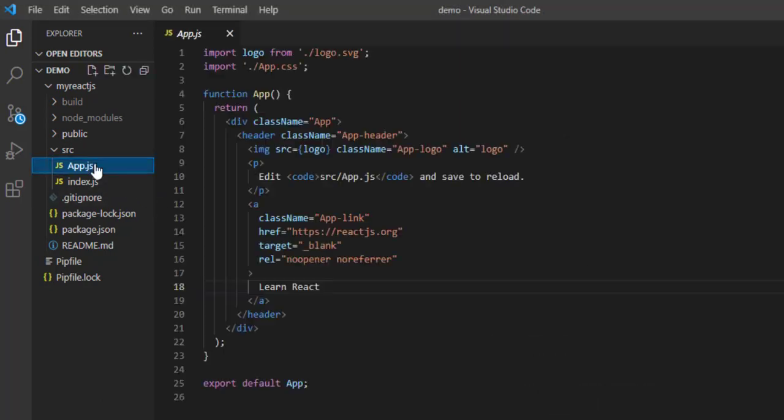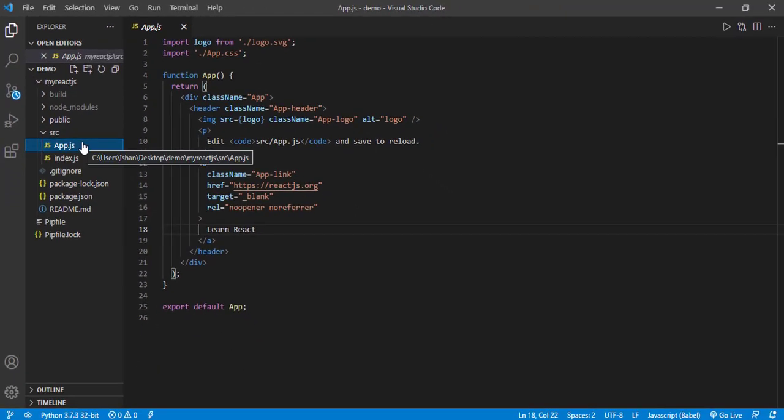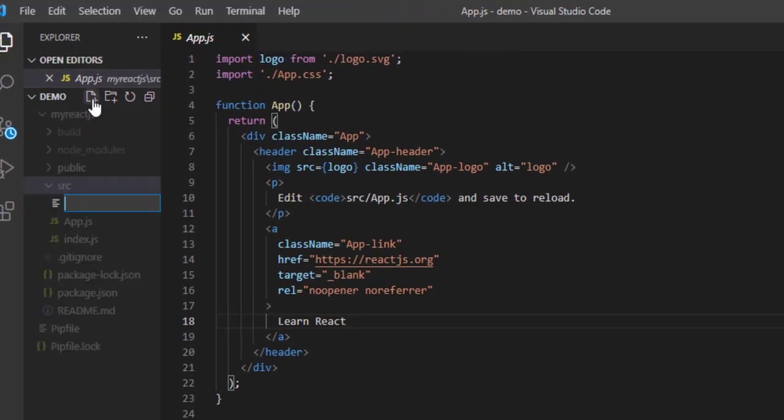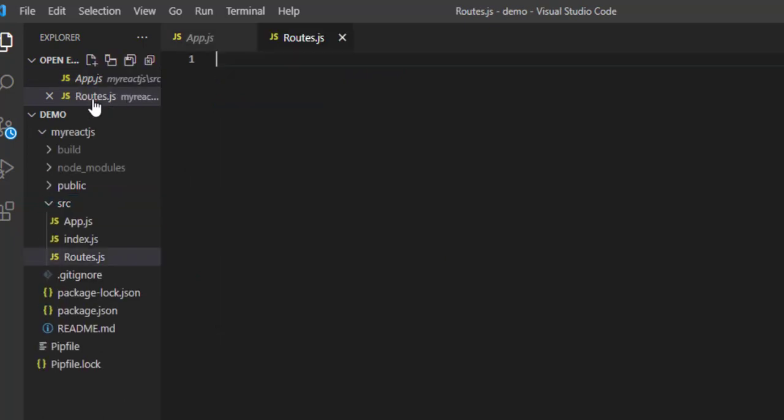Now moving forward, get inside the source folder and create a few files. This is the option for creating a new file, the first option. Click on this and type routes.js.